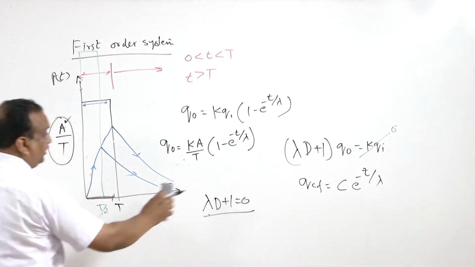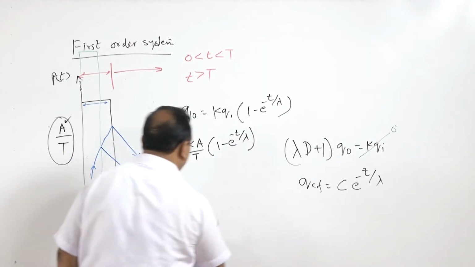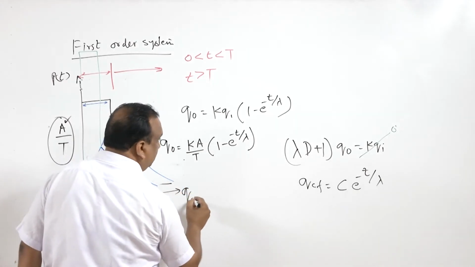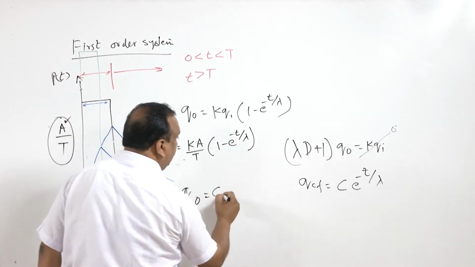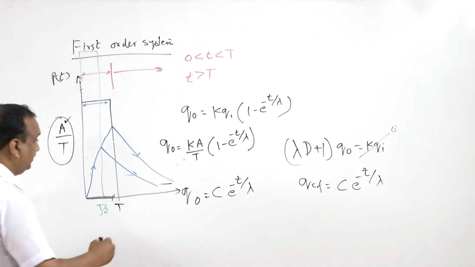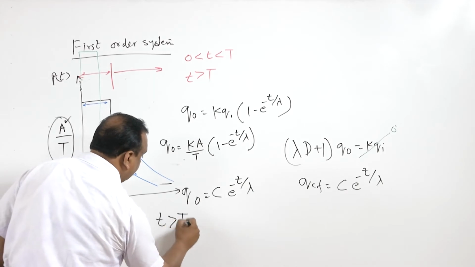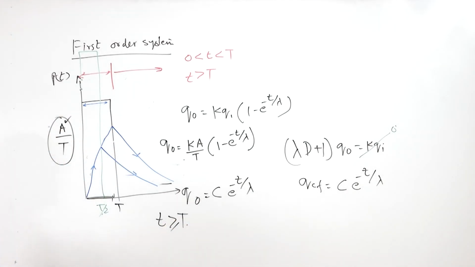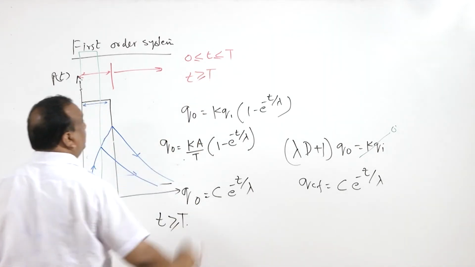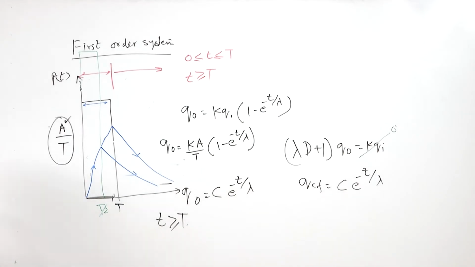So, the solution for this equation is qo is equal to c e raised to power minus t by lambda, provided t is greater than or equal to T, right? And here also we will take greater than or equal to, and this is less than or equal to. Now, we have to find the value of c, which is unknown,